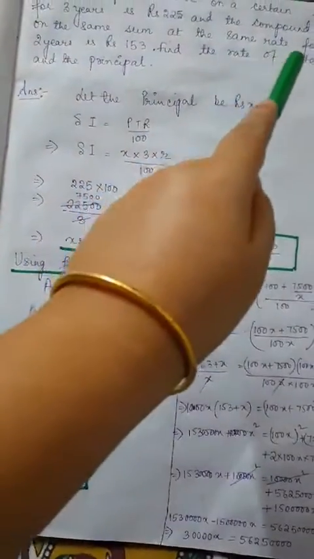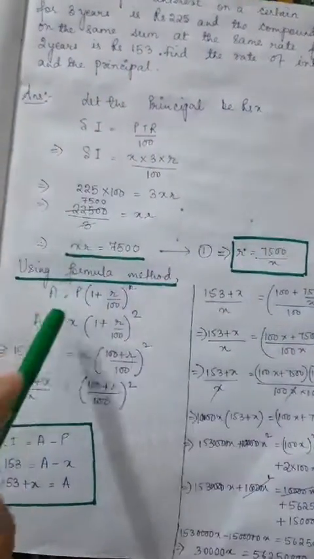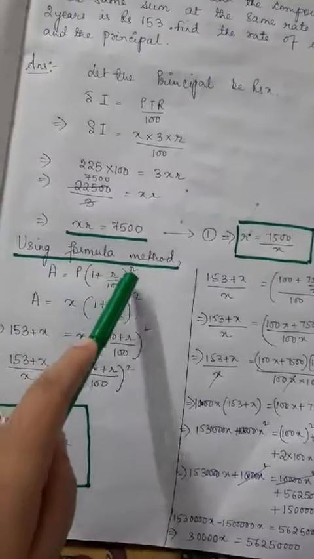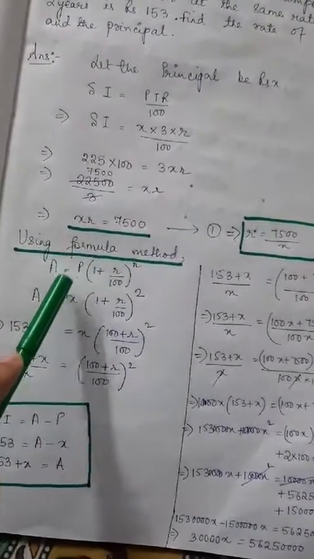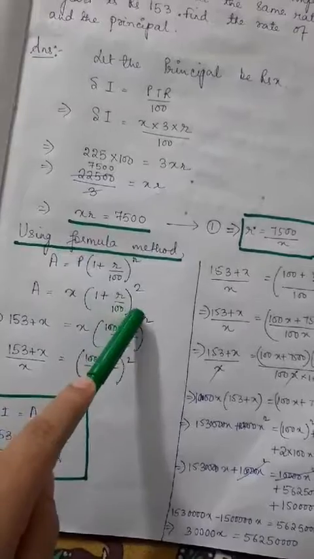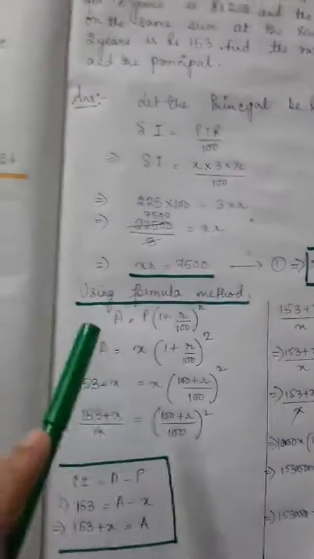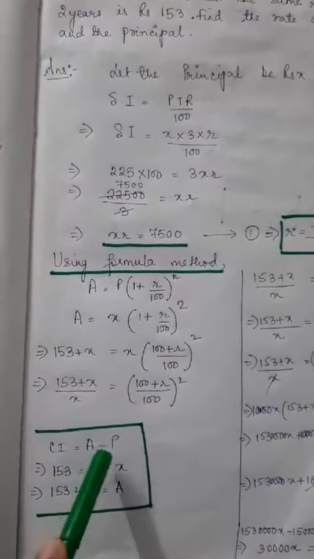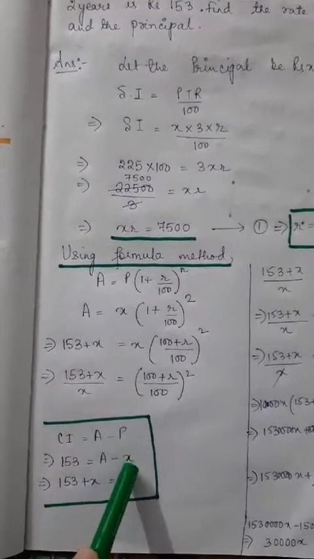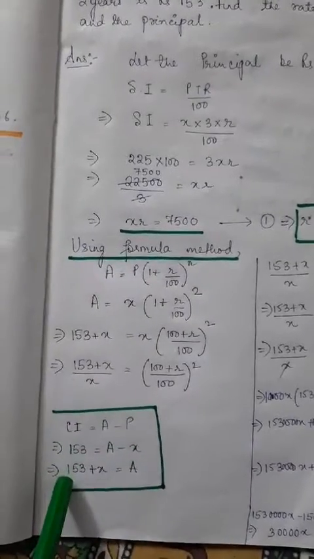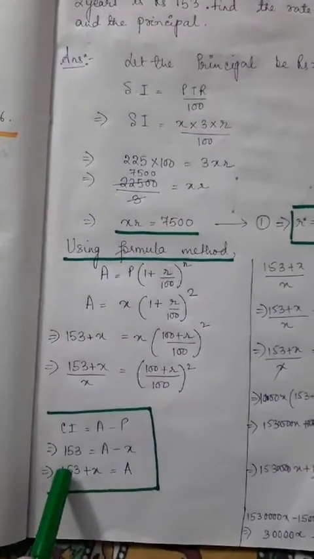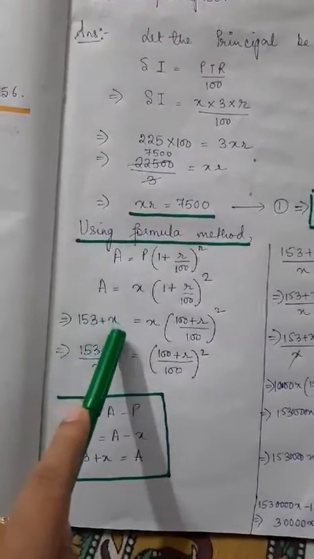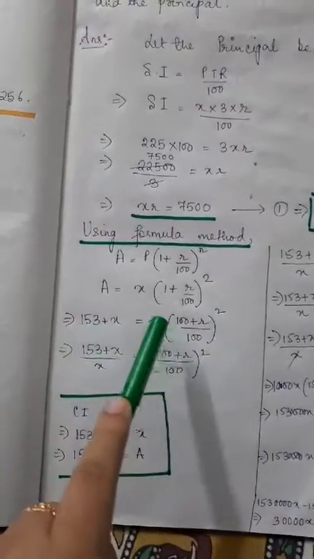Now the compound interest for 2 years is 153. So using the formula method, amount is equal to P into 1 plus R by 100 to the power N. Principal is X, 1 plus R by 100, N is 2 years. Now what will the amount be here? Since CI is given 153, amount we don't know and principal is X, I find out the amount by bringing X that side as 153 by X. So amount is 153 plus X in terms of X. So putting this value of amount here, 153 plus X, I get the entire thing in terms of X and